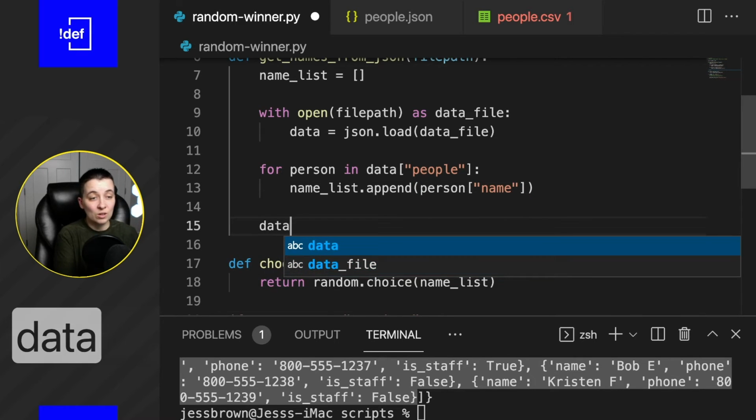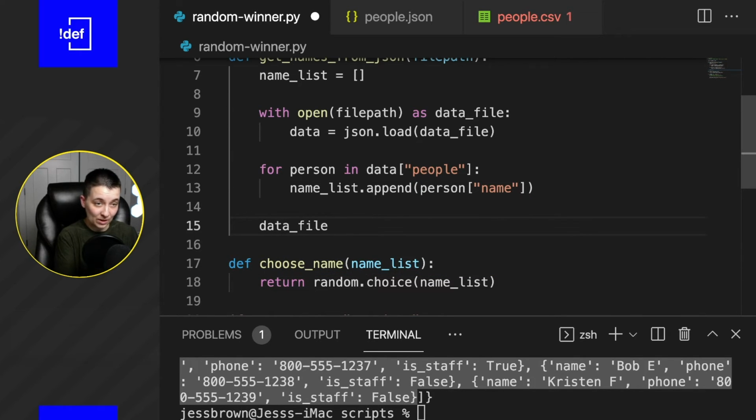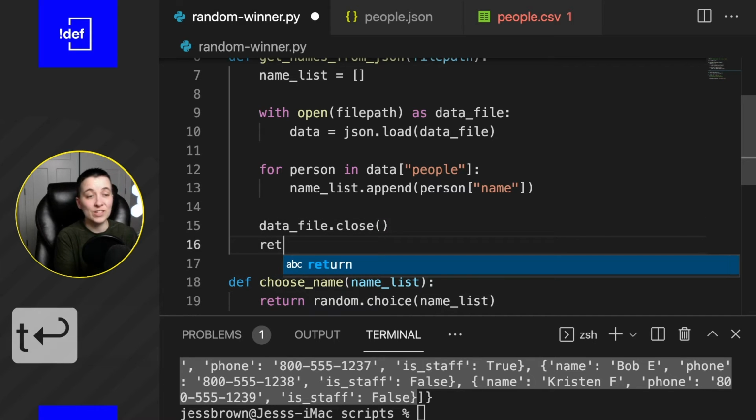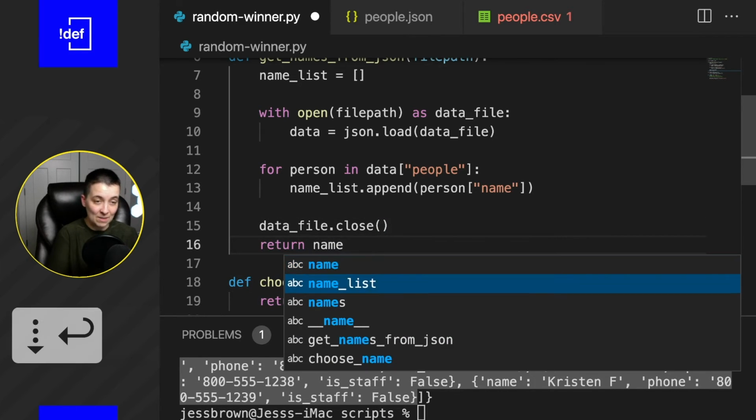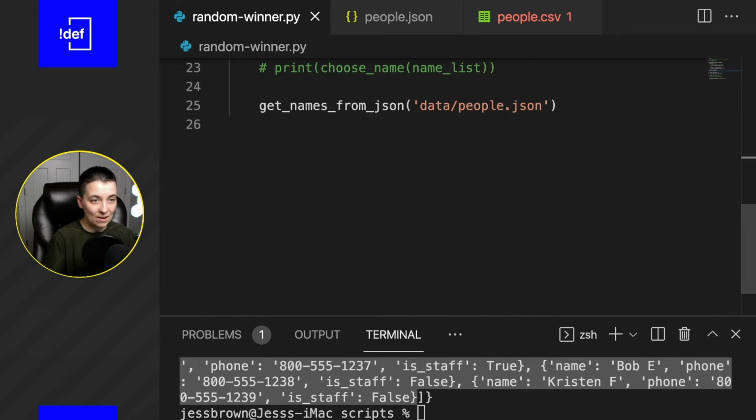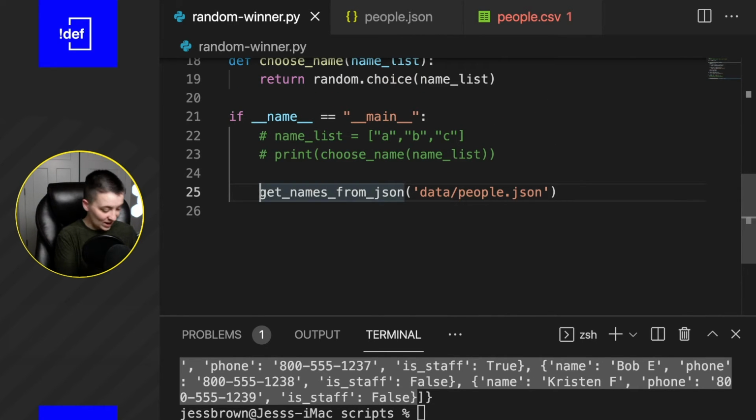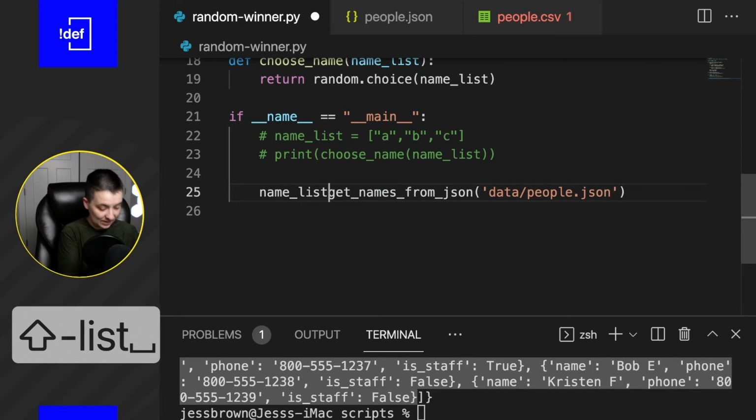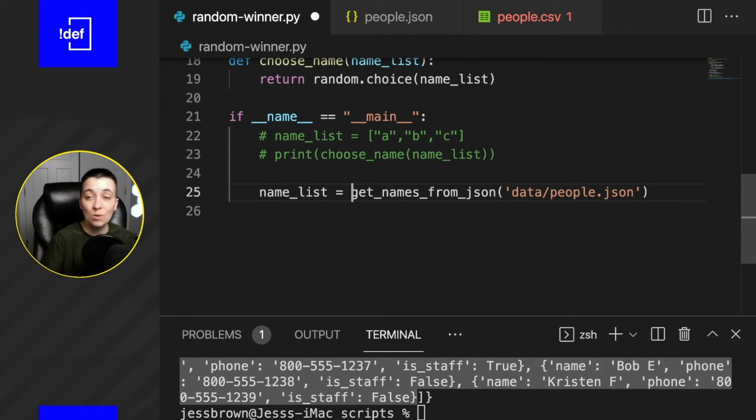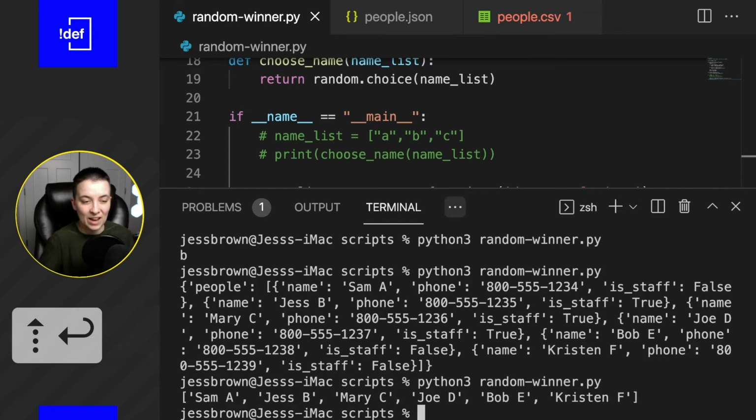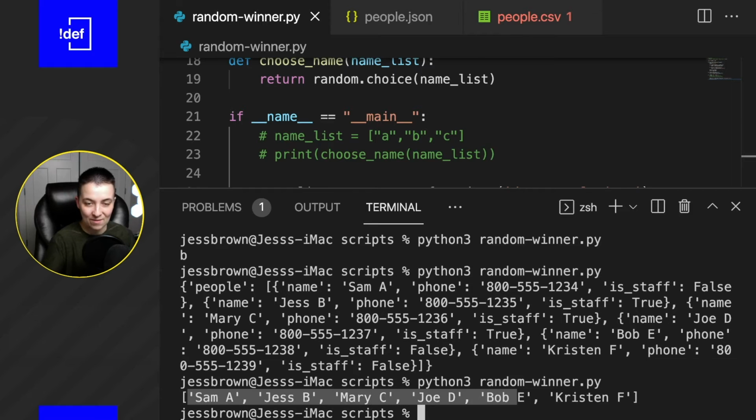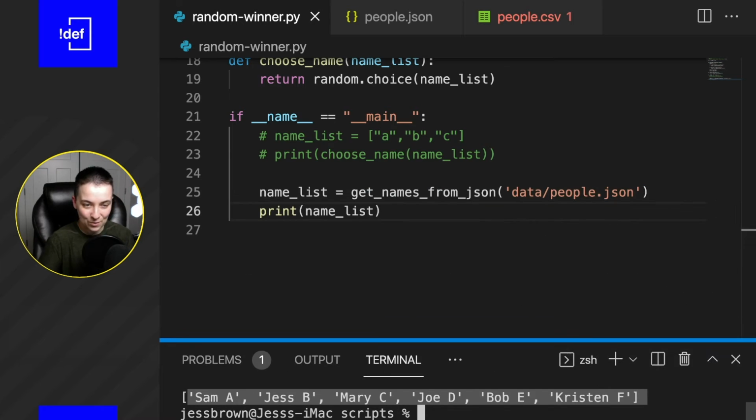Finally, we are going to close our data file because we don't need this anymore. And lastly, let's return what we have got in our name list. Save. So now let's try this. Name list equals, and we're going to set it equal to what is returned from our get names from JSON. If I print that out, save it, and let's go ahead and run this script one more time, we can see now we have all of the contestants, if you will, that are ready to be chosen from our script,